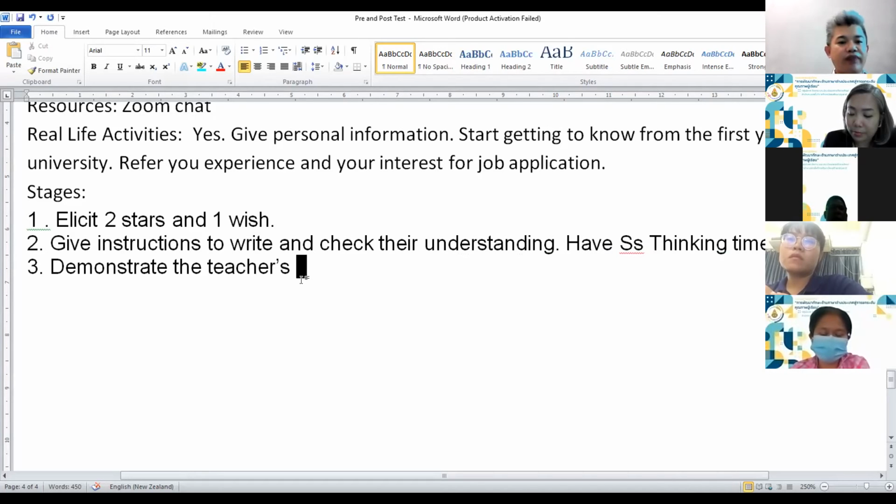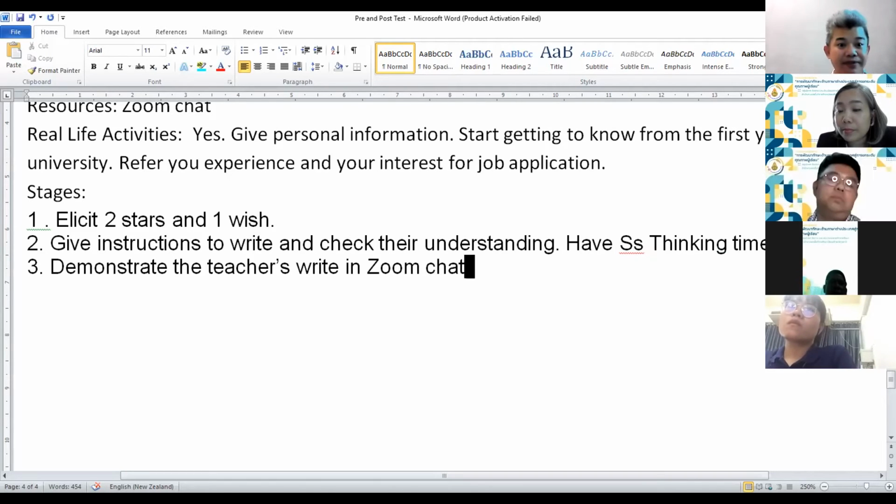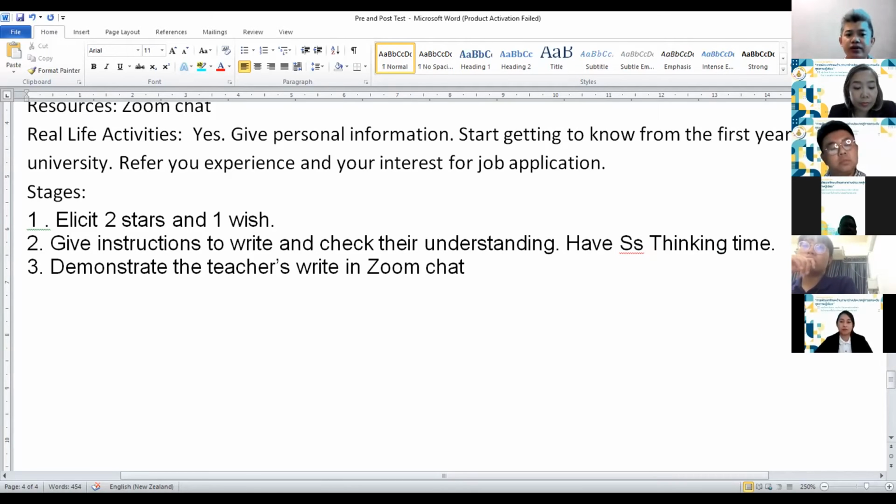Right. Demonstrate, teacher writing. Where do the students write? In Zoom chat, right? And now we see that from 50 or 52 students at that time, we probably have only 3, 7, 8, 11 students writing. Then we have the limitations of the learning ability. A lot of students cannot really use the Zoom chat. So they probably have issues with their internet as well. So this is our prediction, right?